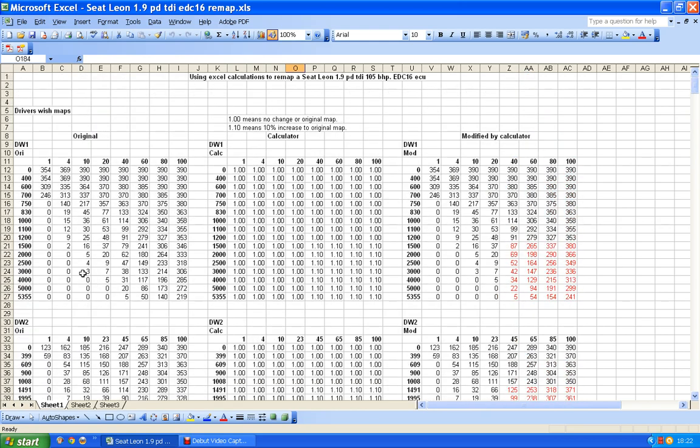Now, let's just look and see what I've done here then. The figures are not original file figures, or rather they are original file figures, but they are literally taken off of the map. So rather than being the 5-digit decimal numbers that you would normally see, in other words, instead of 354 it would read 00354, I've taken these from the actual map once the map has been produced, and I've used just a normal decimal representation of the numbers.